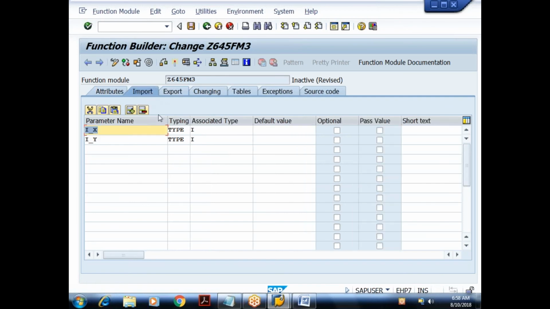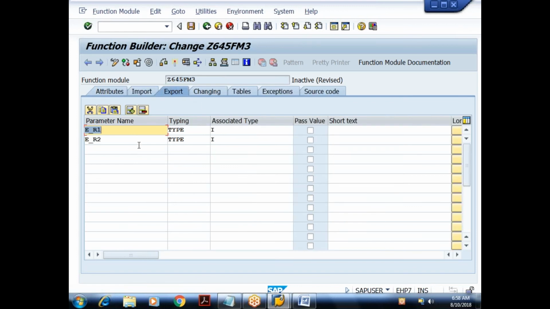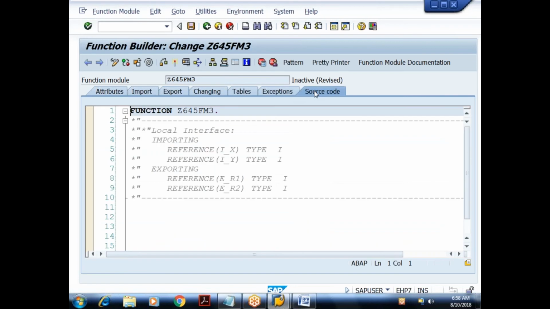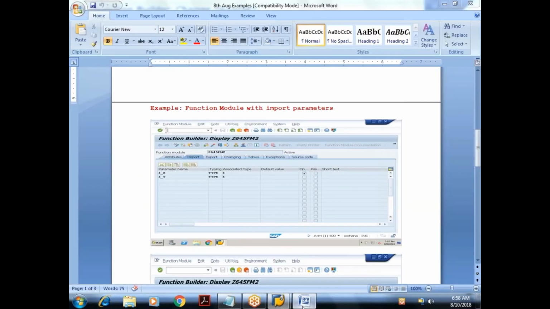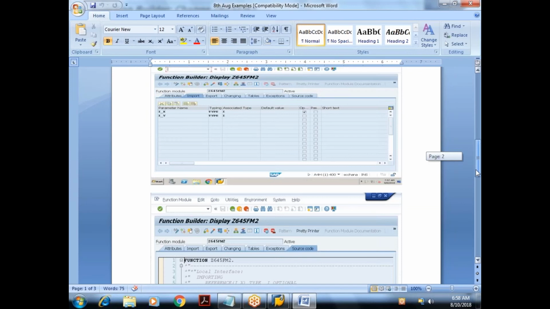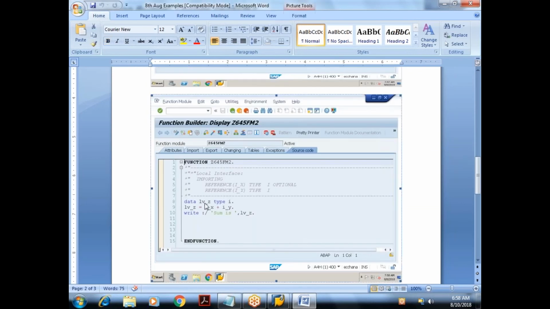So this is my signature. It has got two import parameters of type integer. Both are mandatory, and we have two export parameters R1 and what? R2. Then how do we define the function module? FUNCTION and ENDFUNCTION. Where you have to do that in the source code tab. I'll go to the source code tab. This is the signature of my function module. By default, they're passed by reference. Then what I have to do? In the earlier example, to store the calculated value, I declared one local variable within the function. Any variable, if you declare within a block, we call it as what?